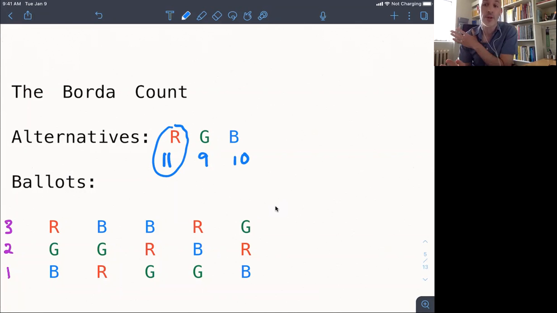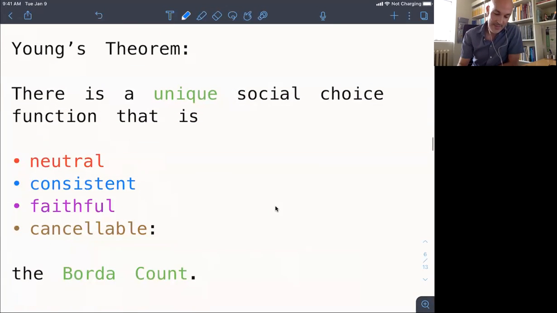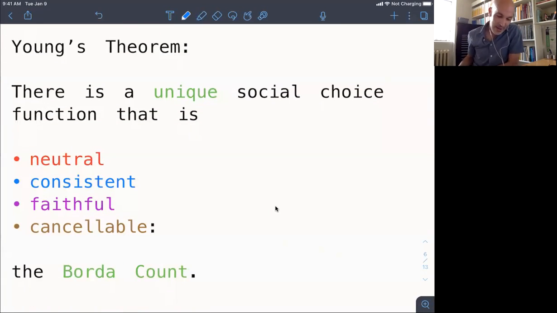And then just most points wins. Okay. And so when I teach my course in math and politics, my students love the Borda count. They gravitate towards the Borda count. And so Young anticipated this, and this is the main theorem from 1974, which says that there is a unique